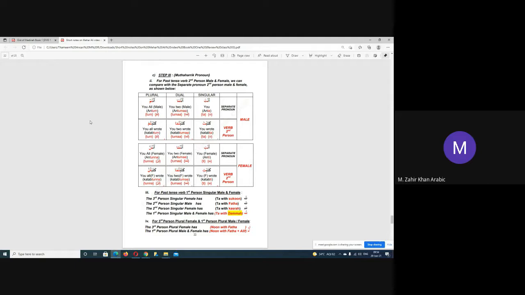And so we have seen what is sakin pronoun. Sakin pronoun was the total five boxes. For example, he wrote, they two wrote, they all wrote, she wrote, they two wrote. And now what is mutaharrik pronoun? Mutaharrik pronoun will start with one dot, which is nothing but noon with fatha, and it will end with one dot, which is noon with fatha with alif on it. Okay, noon, fatha with alif.